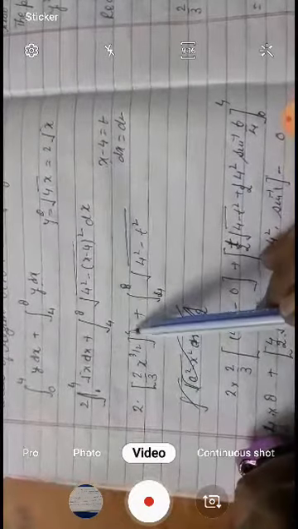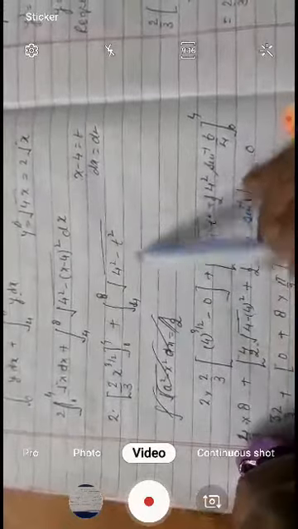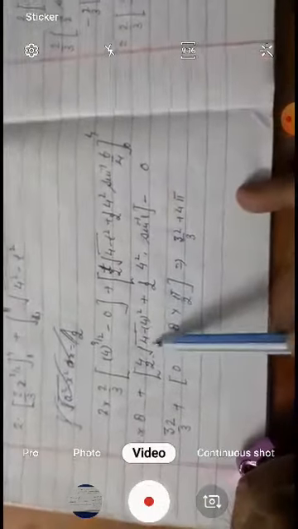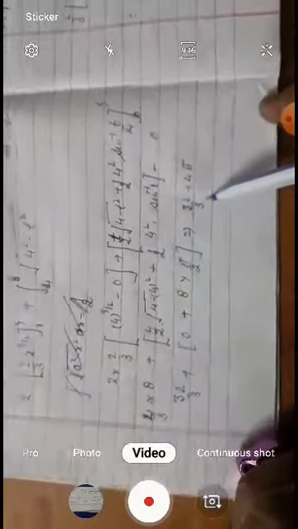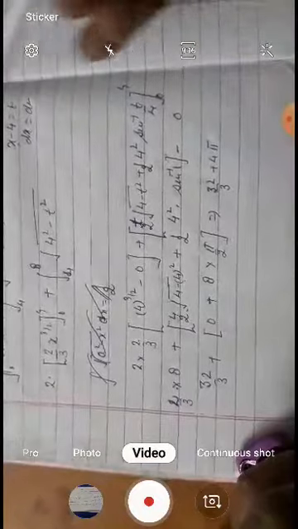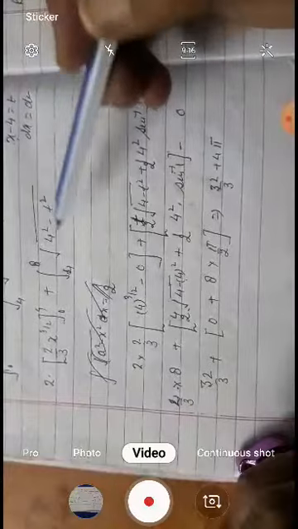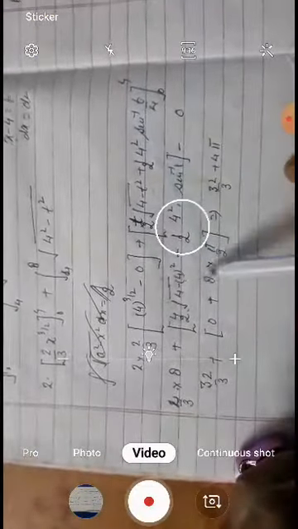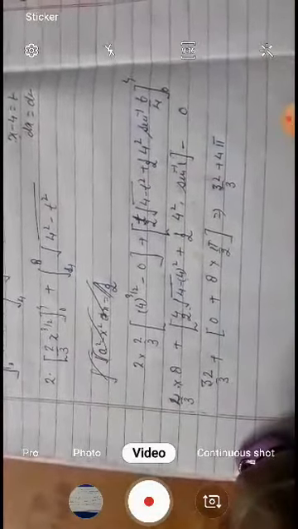Putting the limits 4 and 0, 8 and 4. Then after that we have to simplify this equation in this form. This is the formula for sin x, and putting the value of sin x in this equation, we get the total value. This is the process how to solve this type of question. It means we take one type of formula, then solve this formula and put the value of limits, and we get the answer. Is it okay to everyone?